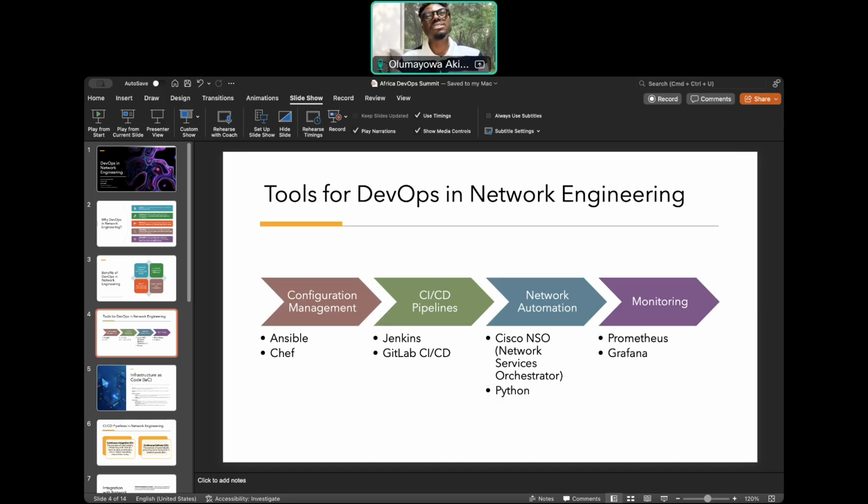GitLab CI/CD is integrated with GitLab for seamless code and pipeline management. It has strong support for Docker and Kubernetes, and it's ideal for CI/CD. So personally, I prefer GitLab CI over Jenkins. And the funny thing is that I met someone recently, a DevOps engineer who has been in the industry for about 4 or 5 years, who said he has never used Jenkins once in his life. I found it quite interesting and funny at the same time when we had that conversation.